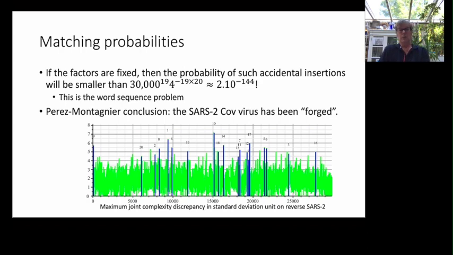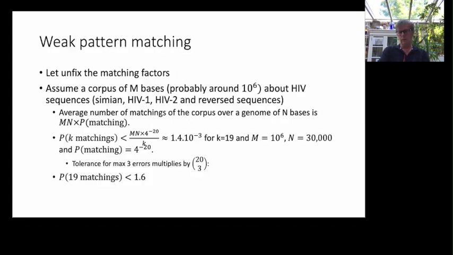Montagnier is a Nobel Prize winner who discovered the HIV genome sequence, so maybe that is why he was interested in doing the comparison. However, this conclusion was a little too fast, because we can assume, basically, people looked at the matching and discovered that the matches were not in important places.